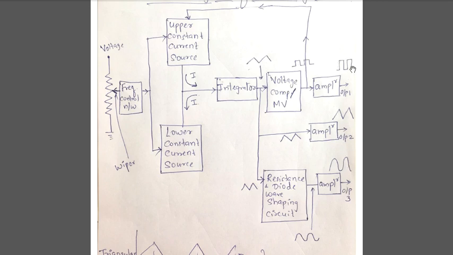Can you see you have a square wave shown here? This is output 1. Then we have a triangular wave shown here. This is output 2. And we have a sine wave shown here, which is mentioned as output 3. So these are the three outputs of the function generator. So I hope you've understood that this is our aim. To get these three outputs is our aim of this entire block diagram.